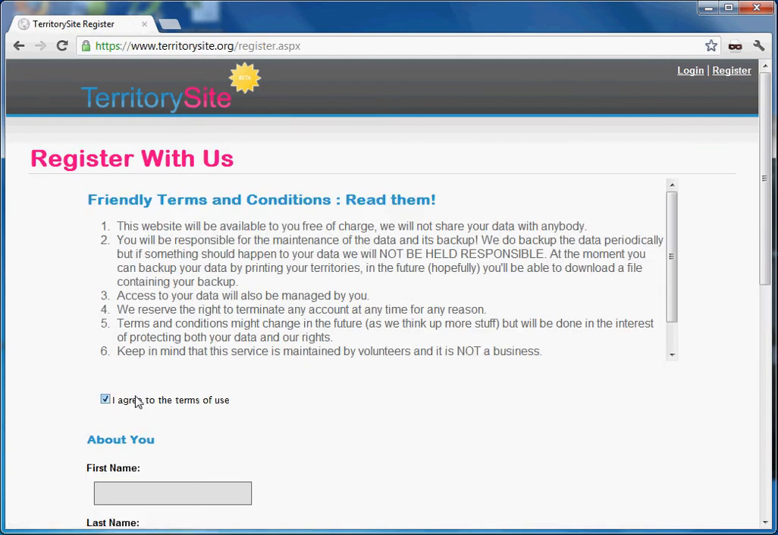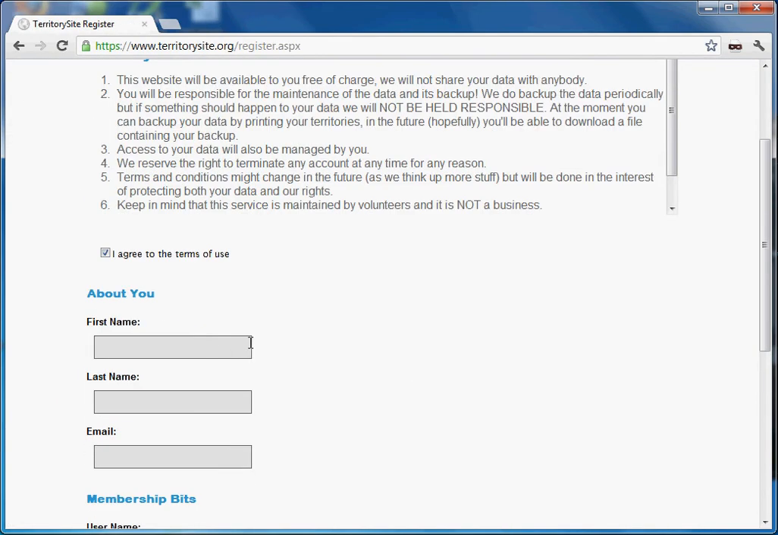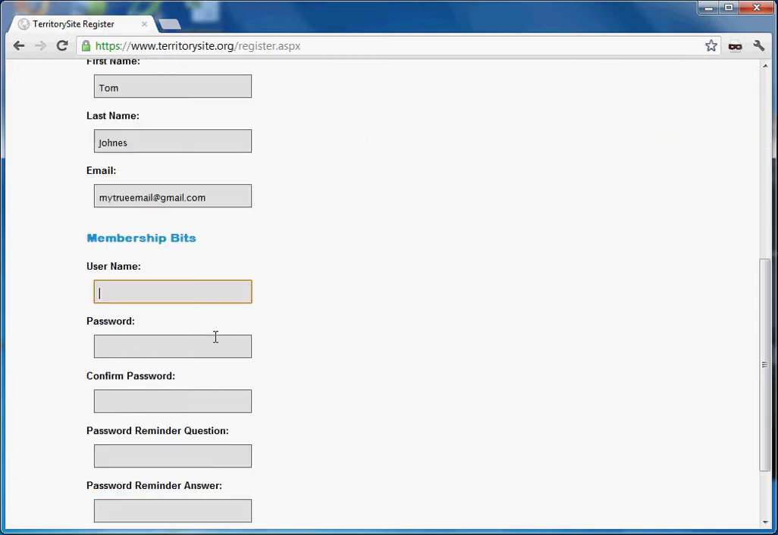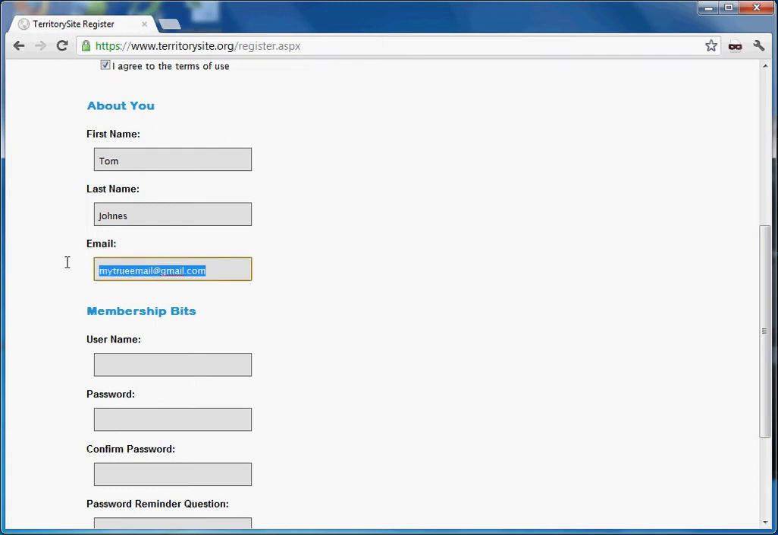After you agree to the terms and conditions, you'll be asked for your first name, an email. You should use an email that somebody in the congregation checks periodically, so if we send communications, you can also receive them. The username, possibly the name of your congregation,